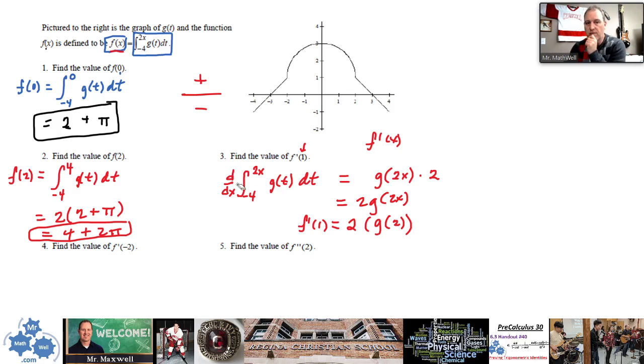what I've done is I've evaluated, or I've simplified the derivative of the integral with the x in there. And what do I get? I get 2g of 2x. You see that? The 2x goes in there, multiplied by the derivative. Now, when I put 1 into this derivative, I have 2g of 2 times 1, or g of 2. Final step here. What is g of 2? Well,